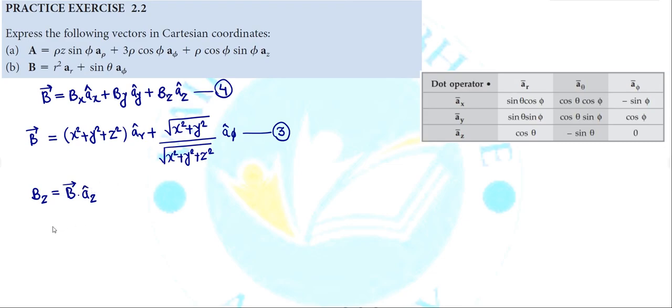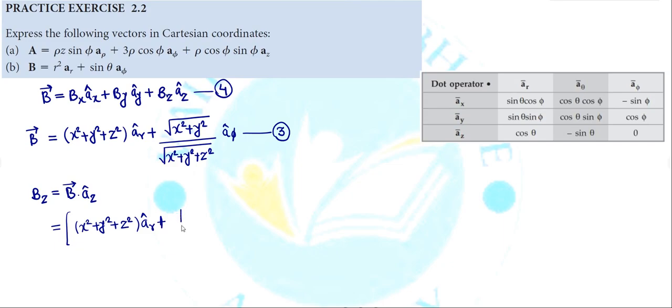So we are going to write for that vector B. So what is that vector B? Which is x square plus y square plus z square aR cap plus,